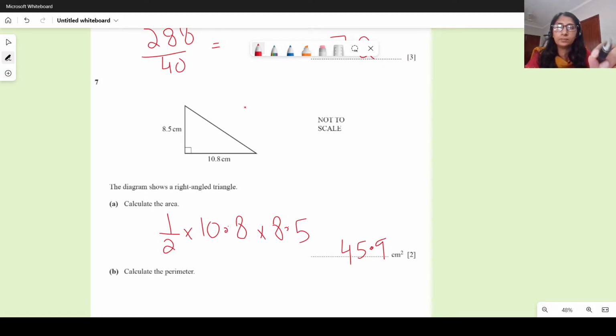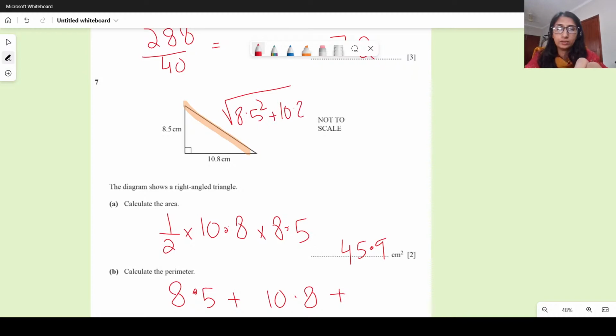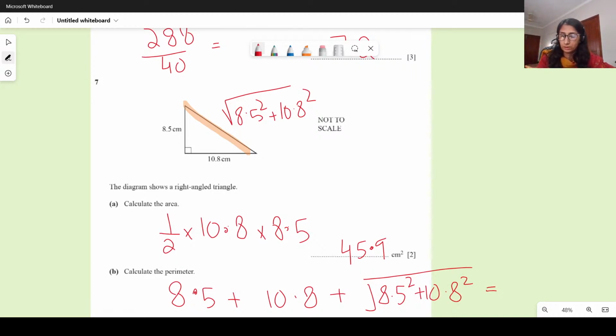Calculate the perimeter. Perimeter would be the sum of all sides. So one side is 8.5, plus the other side is 10.8, plus the third side. For this side I will apply the Pythagoras theorem, which is square root of 8.5 squared plus 10.8 squared. So I'll just enter this entire thing here: 8.5 squared plus 10.8 squared. And what do I get? Square root of 8.5 squared plus 10.8 squared is